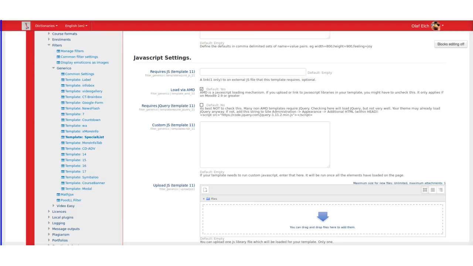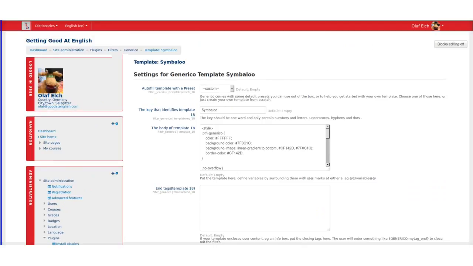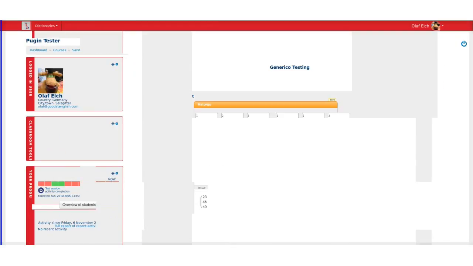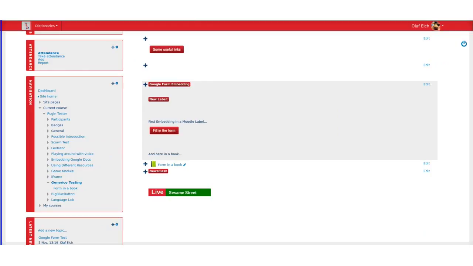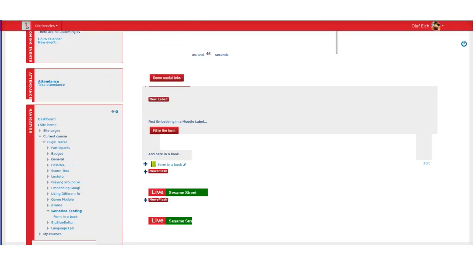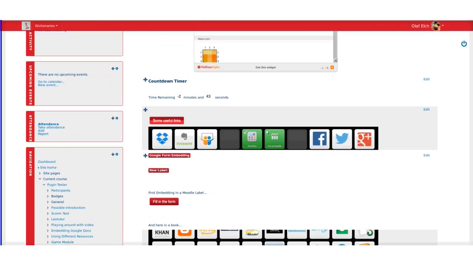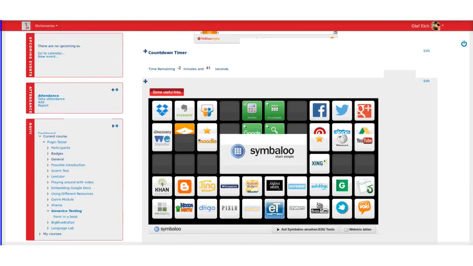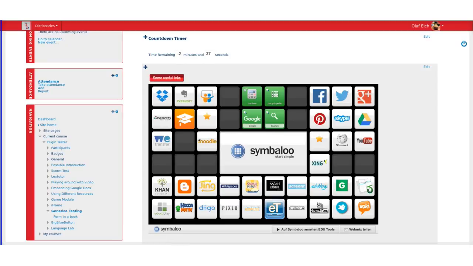The last thing I wanted to show you was the Symbaloo. Symbaloo, for people who don't know, is a rather nice way of collecting links. Some useful links. And Symbaloo has an education account or you can use a personal account, and you create these tiles